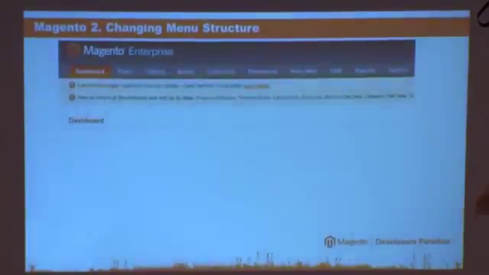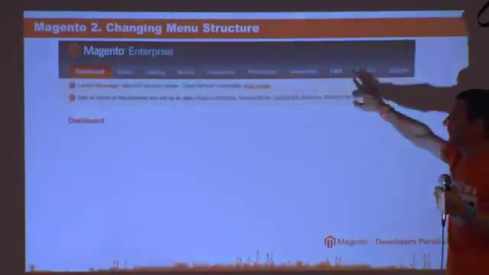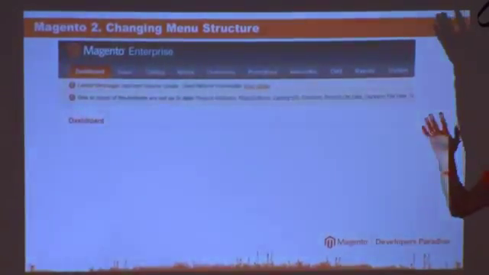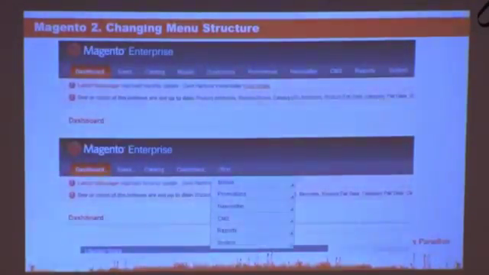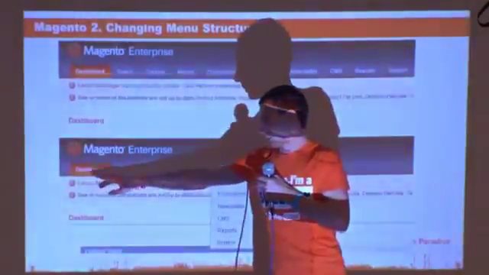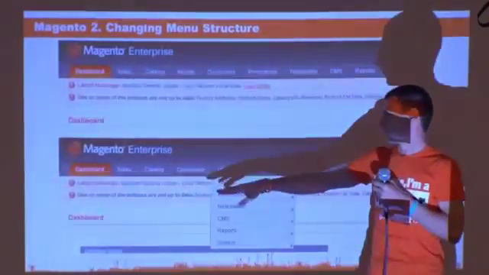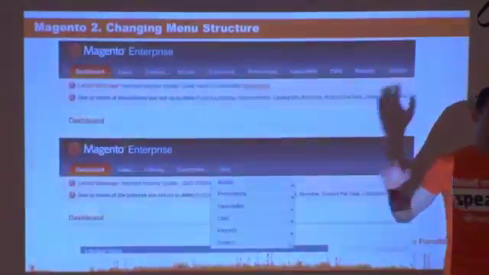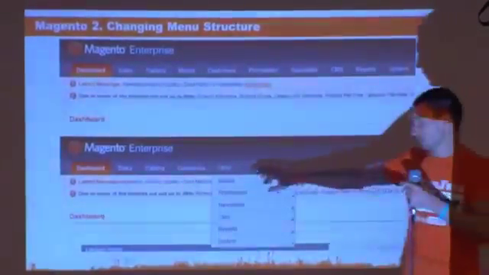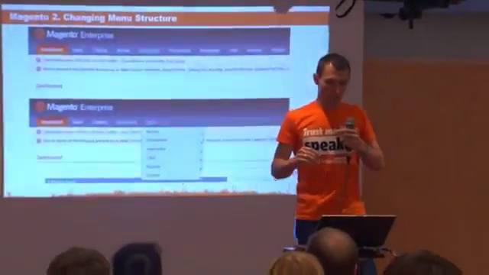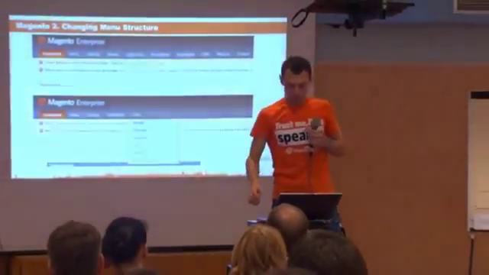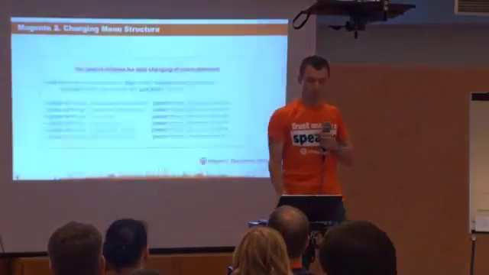This is an example of the starter menu configuration in Magento Enterprise Edition. For example, you want to change this structure in this way. Because every day you use these items, dashboard, catalog, sales and customer, but other items you use very seldom. That's why you want to create a new item named Other and group these items under it. In Magento 1, you can do this in Enterprise Edition. But in Magento 2, you can do this